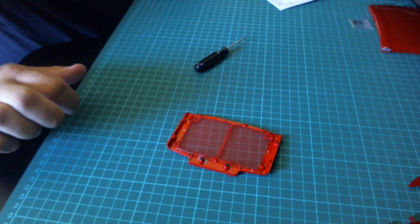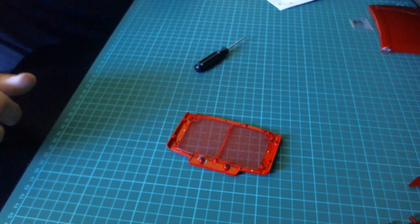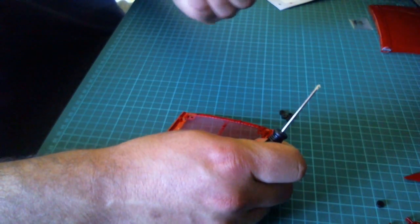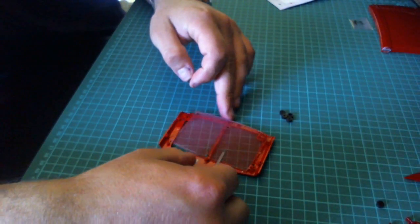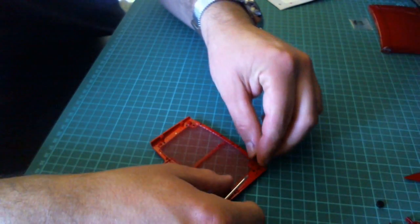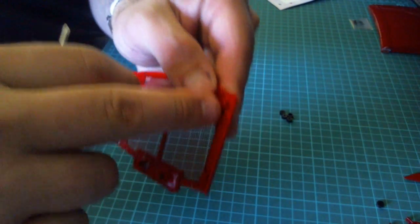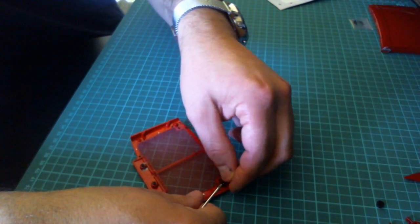One, 2, 3, 4, 5. Okay, so we want 5 of these plastic bushes, and you'll notice that one side has got a much larger opening than the other side. So the larger opening is going to go over the pin, like so, and